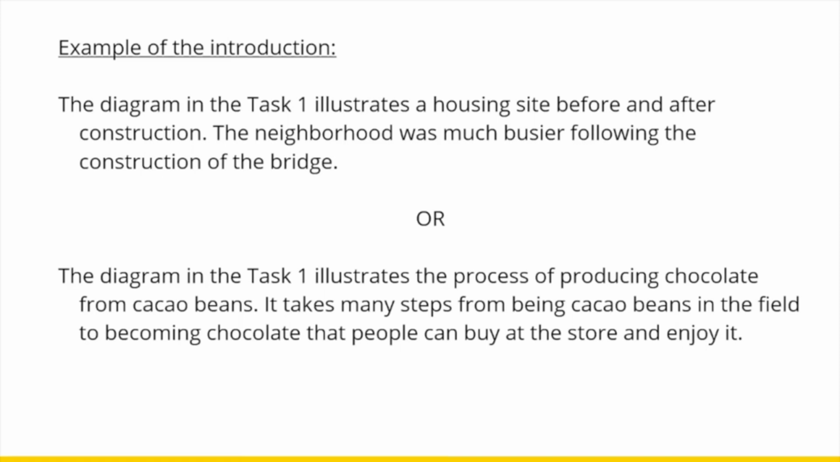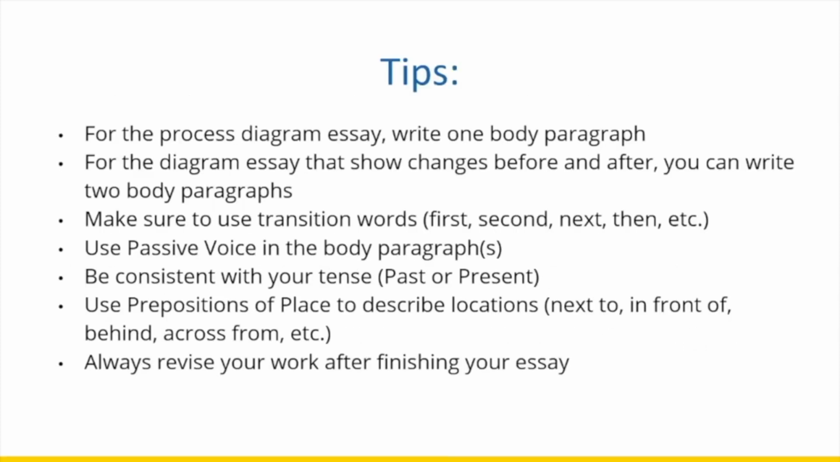Or we have the next one. The diagram in task 1 illustrates the process of producing chocolate from cacao beans. It takes many steps from being cacao beans in the field to becoming chocolate that people can buy at the store and enjoy. And now we are going to review important tips that can help you write a well-written